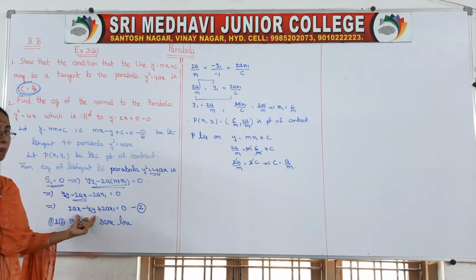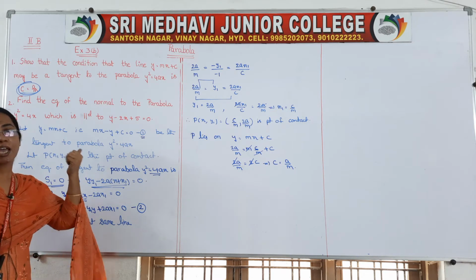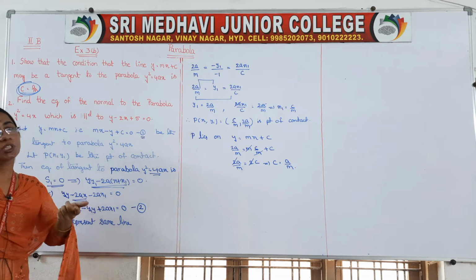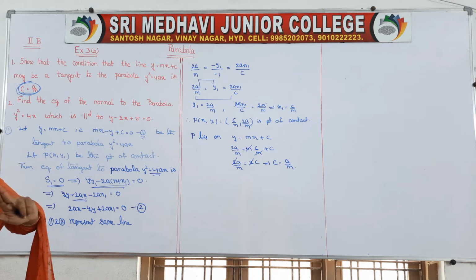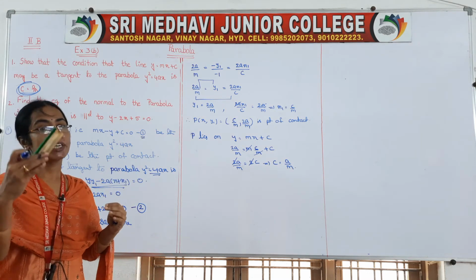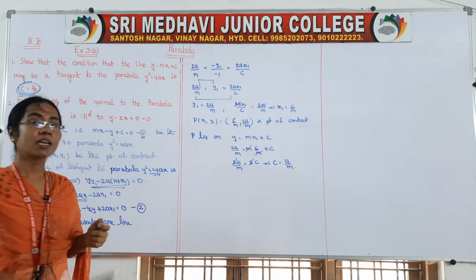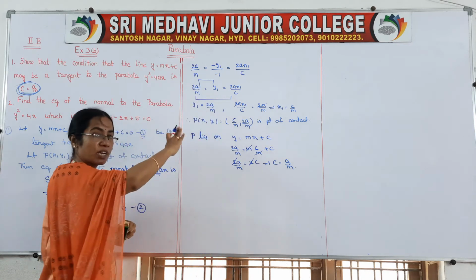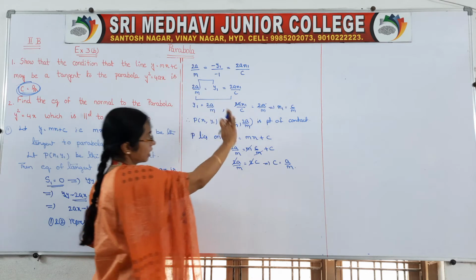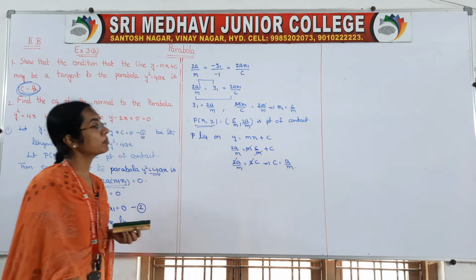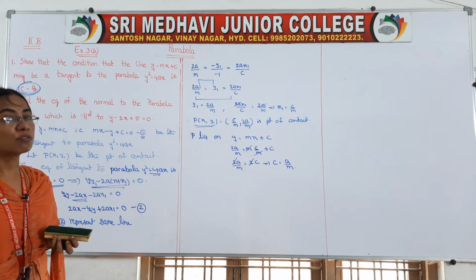So this represents the tangent equation. They have given one equation as the tangent. According to the formula we got another tangent, but both are tangents. That means both represent the same line. If both represent the same line, we equate the coefficients of like terms. X term by x term is equal to y term by y term is equal to constant term by constant term. After that, take the y1 term and constant term, try to get y1, and the x1 term and constant, and try to get x1. So you will get your point P(x1, y1) is equal to (c by m, 2a by m) as the point of contact.